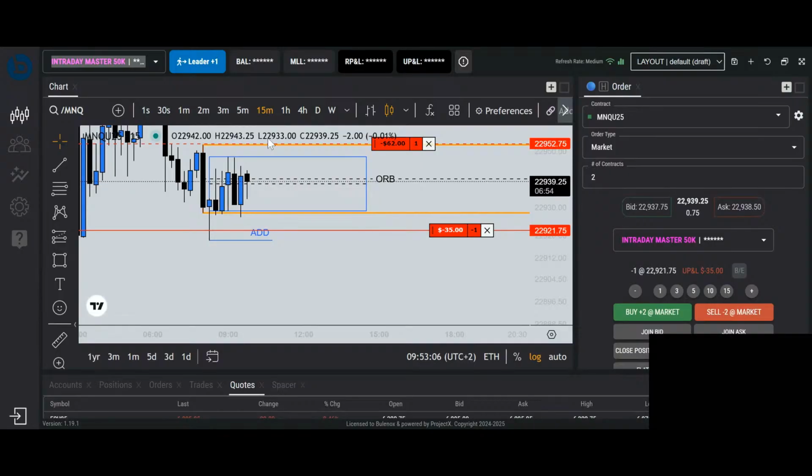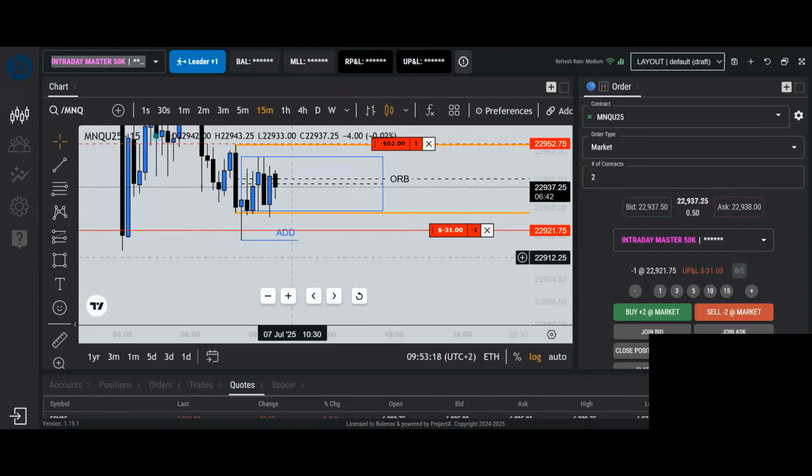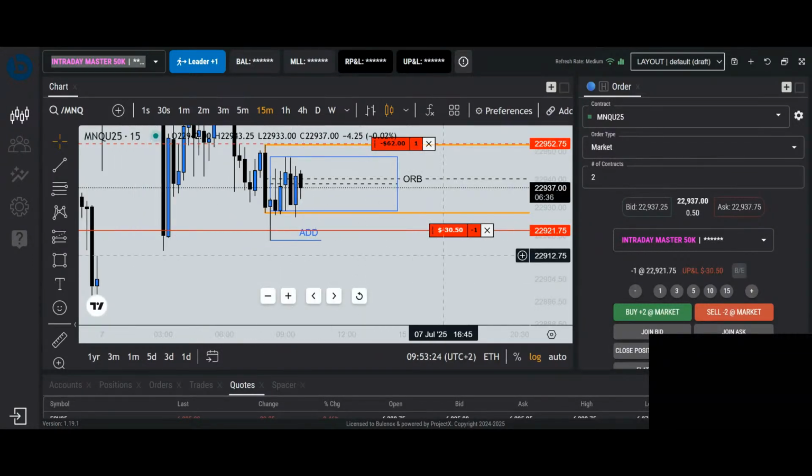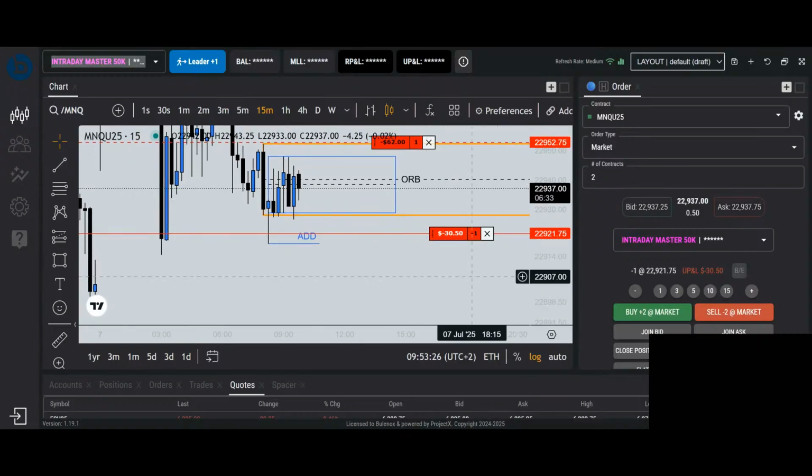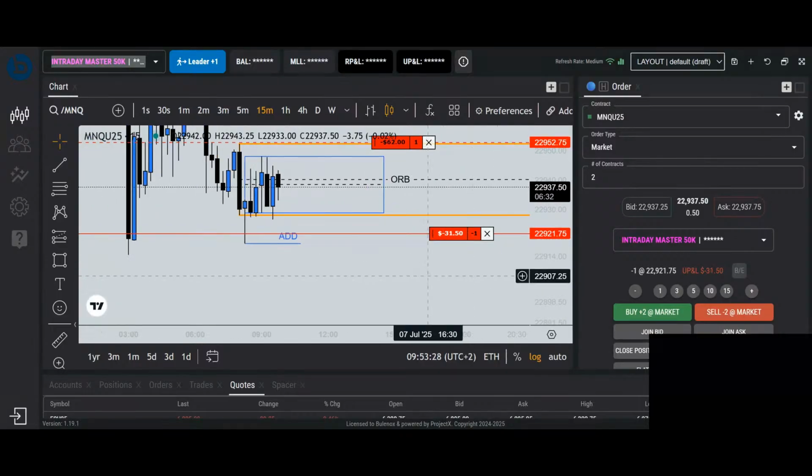So you have 2 ways to add. First of all, you can add when the market goes up to the fair value gap, add directly, put your stop at the same height, and then see the market move with the stream. Or you can wait until the market shows you that we go lower and then add to the trade. So you have 2 ways when you can add.